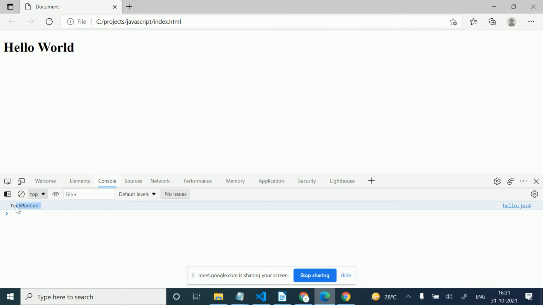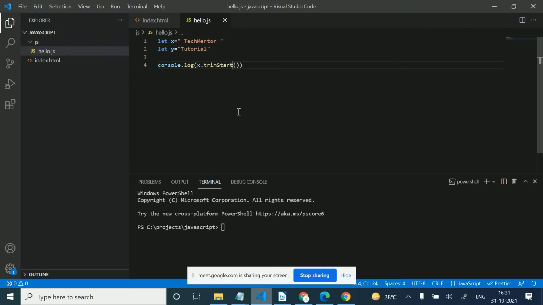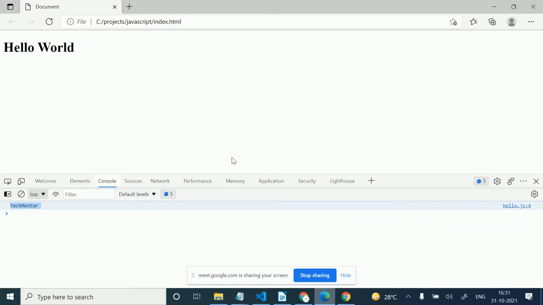Then you will see we have white space on the right side, but the left side white space is removed. If we want to trim from the right, we use trimEnd. Now the white space on the left side remains, and the right side is removed. So these are the trim functions in strings.